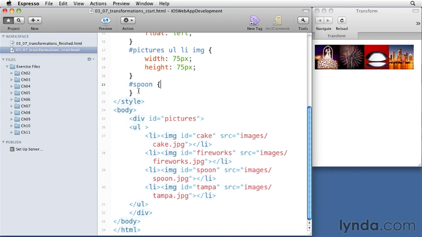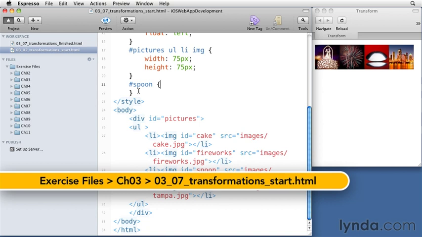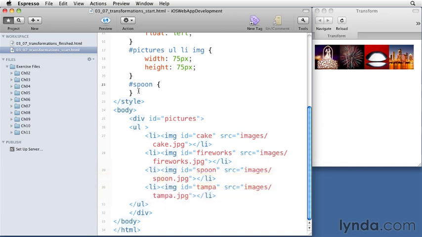So far, we've achieved some very cool looking styles, but here's where it starts getting very, very interesting. We're going to explore how we can take elements and transform their attributes in 2 and 3 dimensions. So let's get started. I've set up a list of thumbnails right here, and I've placed them inside a div